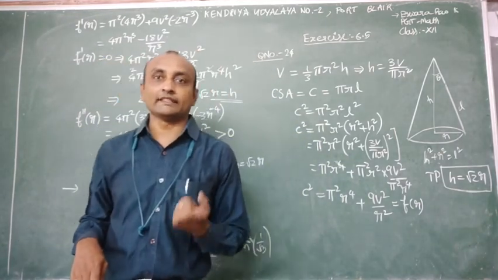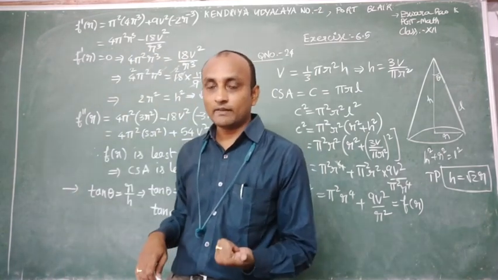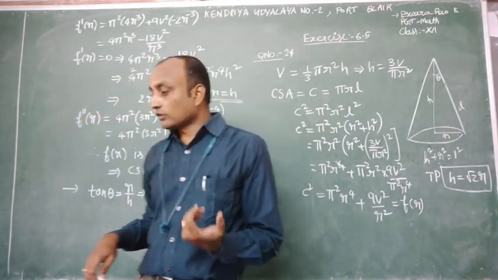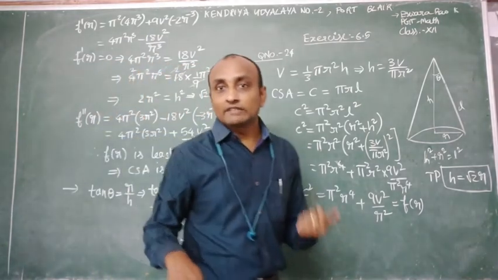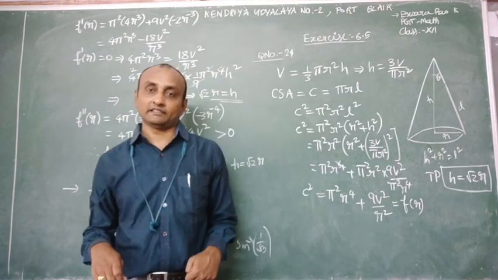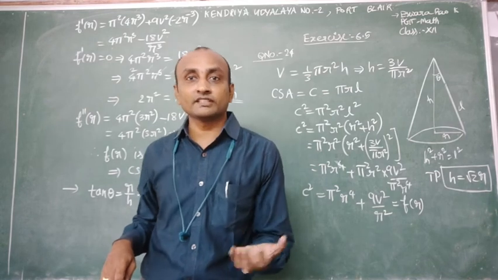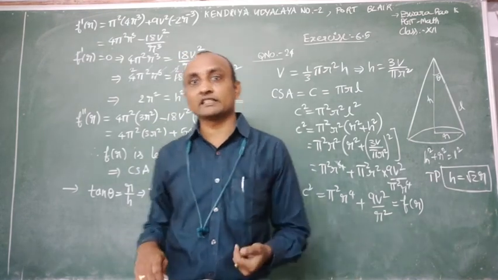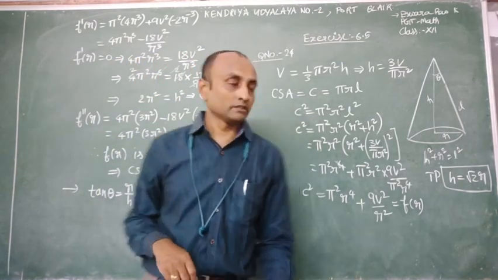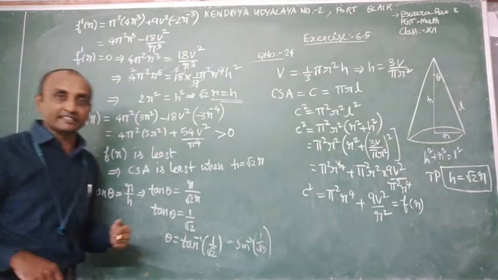So be alert. That question, which originally was given as: show that the right circular cone of least curved surface area and the given volume, the height is equal to root 2 times the radius of the base. Same question they can ask: show that the right circular cone of least curved surface area and the given volume whose semi-vertical angle is tan inverse of 1 by root 2 or sine inverse of 1 by root 3. Both have the same solution, but finding the semi-vertical angle is extra, it is added.